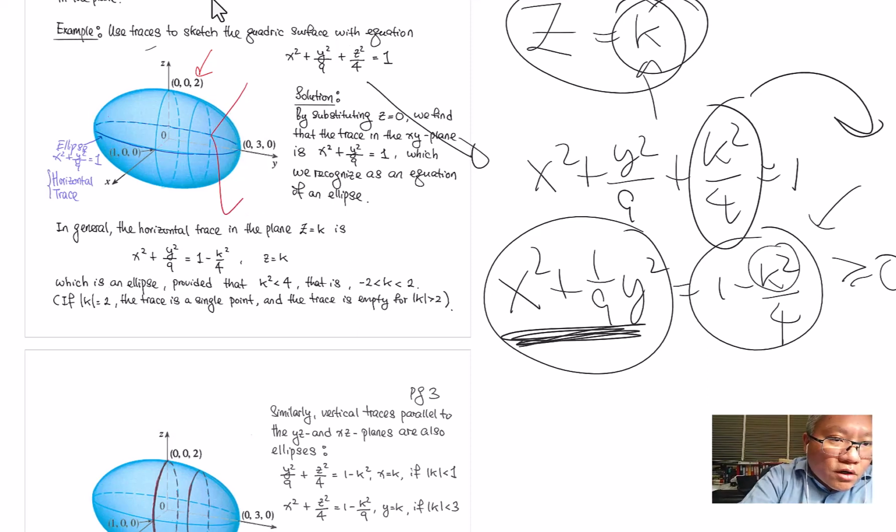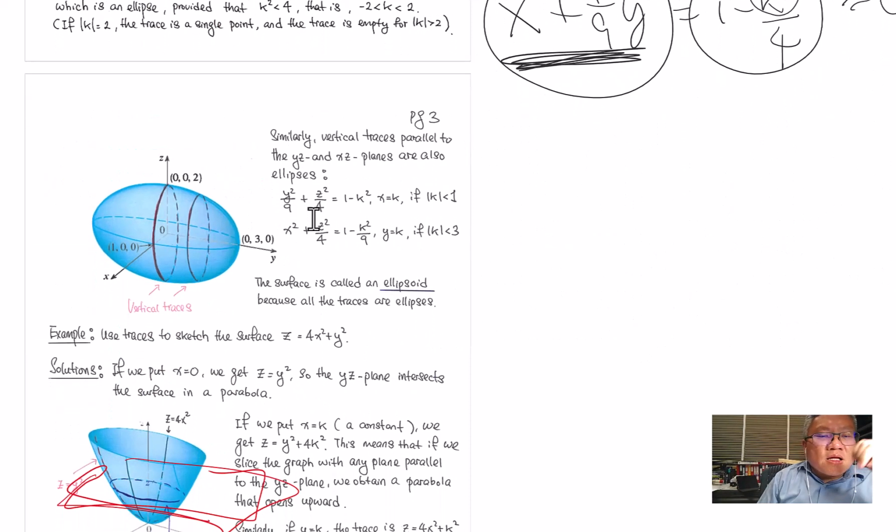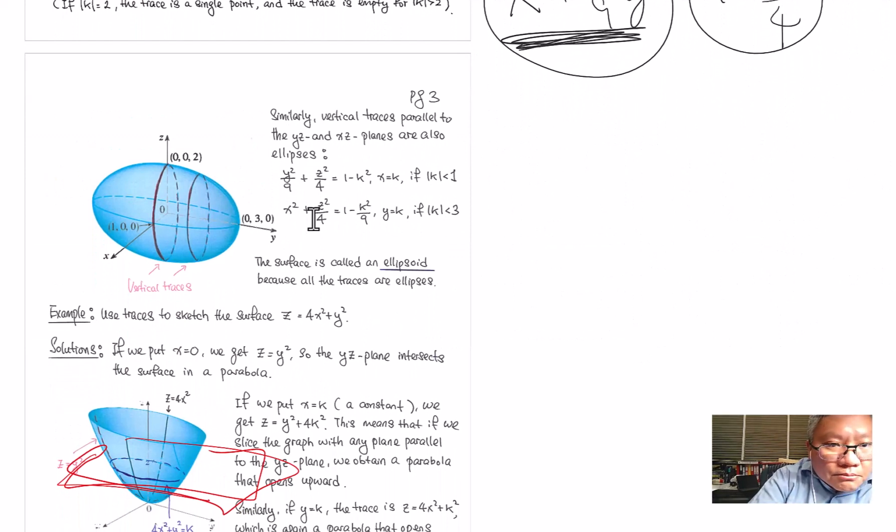So if you look at a vertical plane, which means now you set y equal to k, and then you do the analysis, you will notice that the analysis is actually done over here. Let's say you set your y equal to k. All right, so now you look at this. Move the k to the other side just like before, and then now you know that in order for these things to have an image,